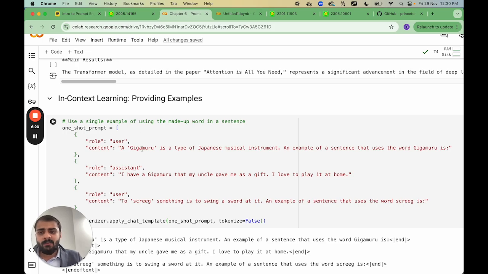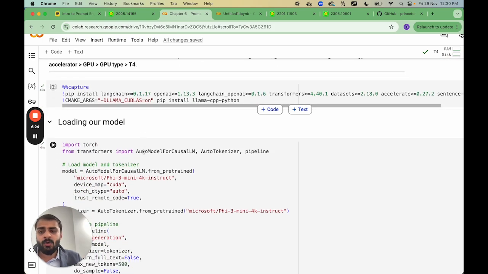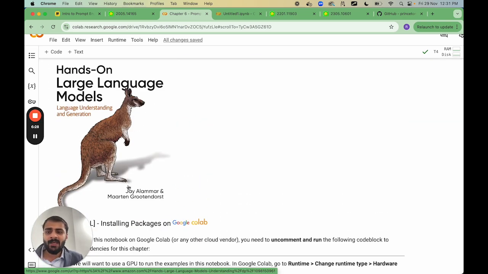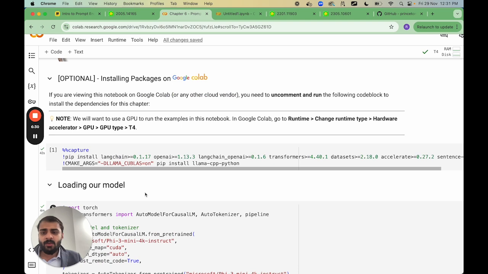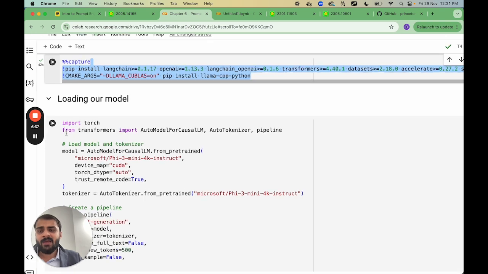So before we come to the actual example, first you need to do a few things to run the code. This code has been taken from Hands-on Large Language Model book by J. Alammar, and I'll share the Google repository link in the information section, but you have to install these packages first, and then we are actually loading